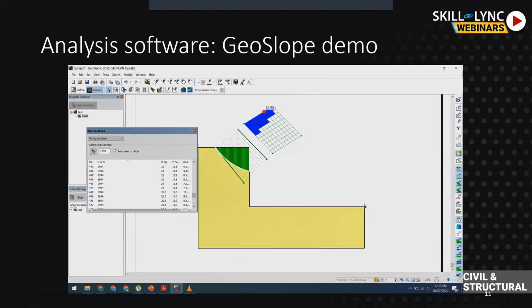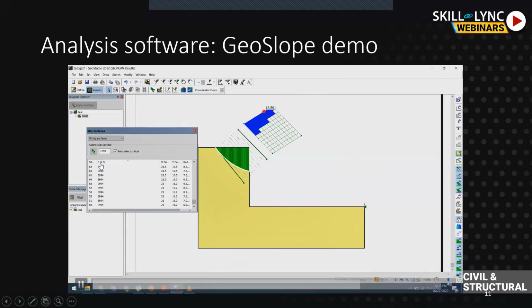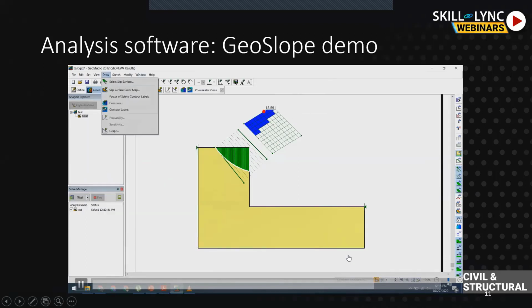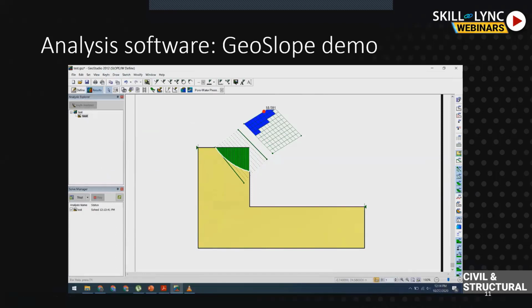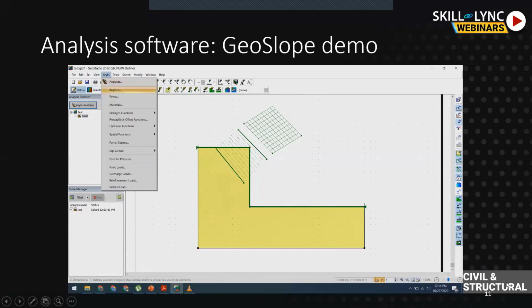So you can see here that this is a table. We have F of S, that means factor of safety, and the slip surface, or the failure surfaces which are drawn there, and the FOS is very large, like 18 or something, because it is based on this material property. So you can see the slip surfaces are very vivid, but the factor of safety in this scenario is very large here.